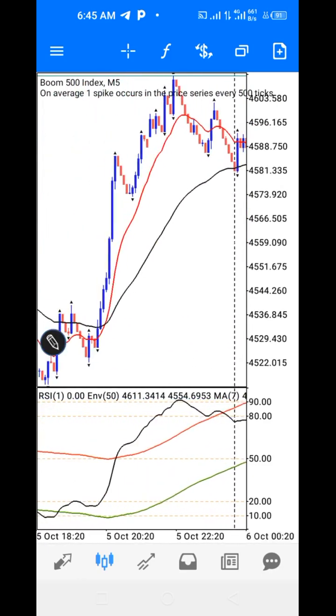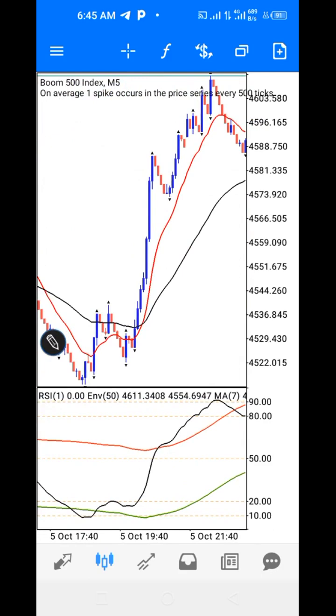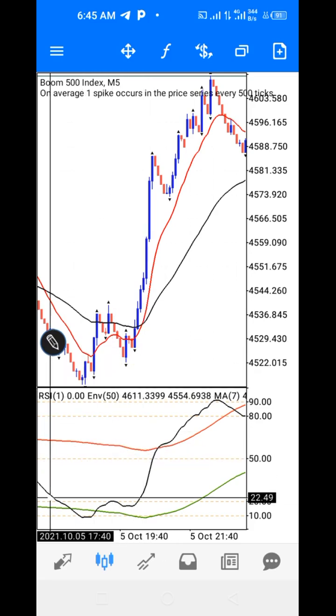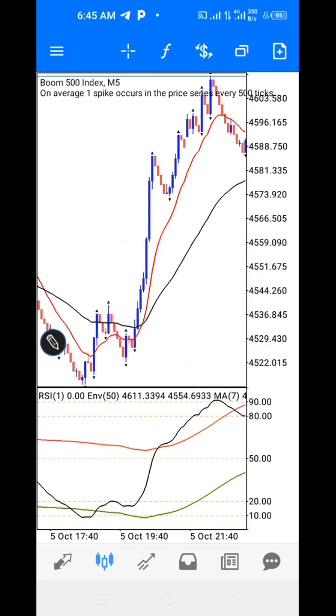This is your upper band. Let me start with Boom now. Look at this, this is your upper band. Anytime this moving average on your indicator level, this green, black moving average, is at this level, if you are on Boom, whether Boom 1000 or Boom 500, you wait for it to reach this 10 level. Though you can start anticipating, looking for your buy entry, for your spike from 20 level, but a refined one would be